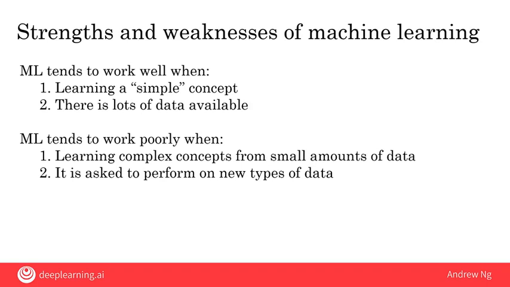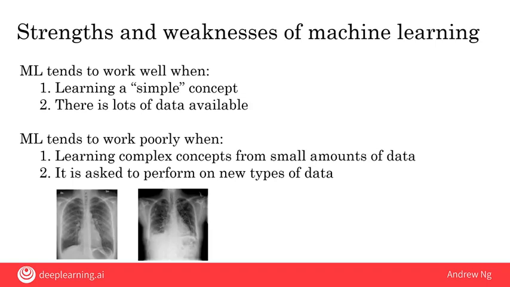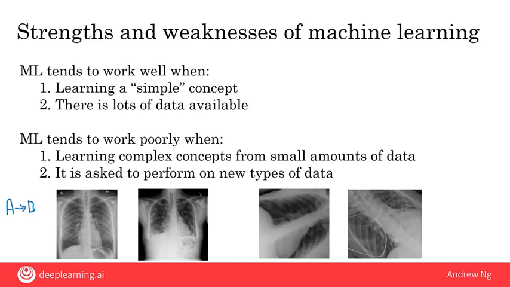Let me explain with an example. Say you built a supervised learning system that uses A to B to learn to diagnose pneumonia from images like these. These are pretty high quality chest X-ray images. But now let's say you take this AI system and apply it at a different hospital or a different medical center where maybe the X-ray technician somehow strangely had the patients always lie at an angle, or sometimes there are these defects. I'm not sure if you can see the little scratches in the image, these little other objects lying on top of the patients.